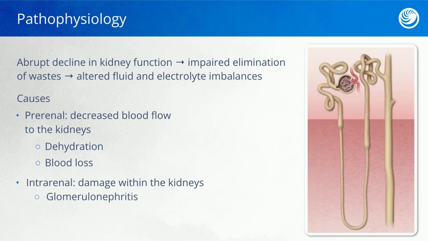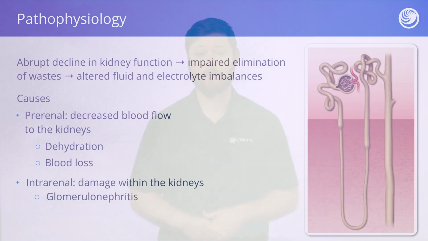The kidney is made of nephrons, which consist of glomeruli and tubules. So if we have conditions like glomerulonephritis, which is inflammation of the glomeruli, or tubular necrosis, which can occur from ingestion of certain chemicals, drugs, or tissue ischemia to the tubule itself, it can lead to the development of kidney tissue